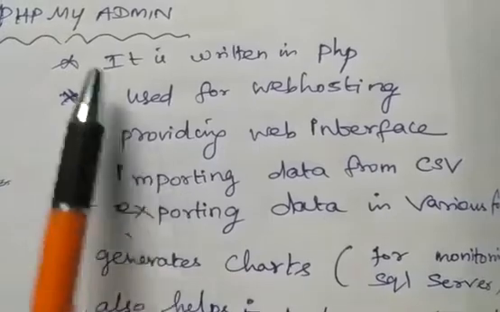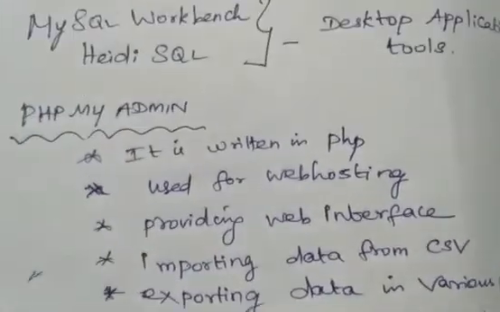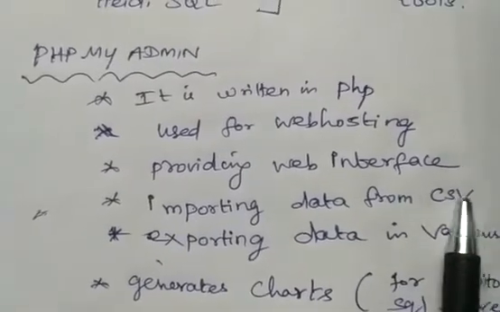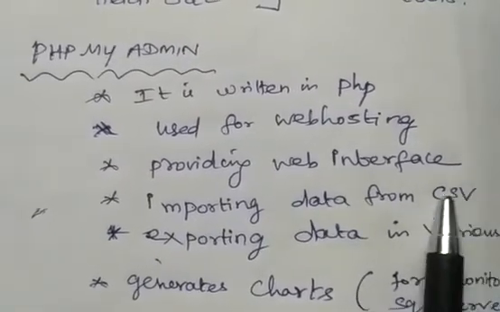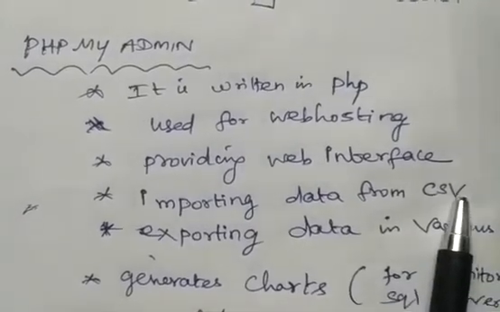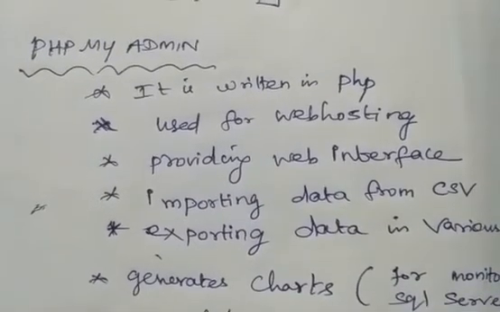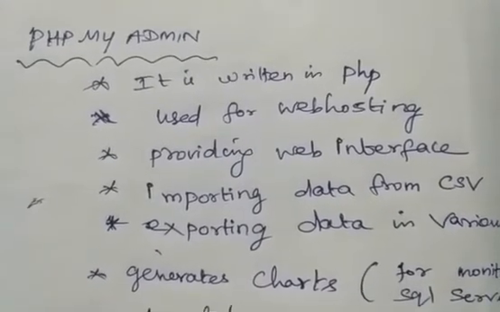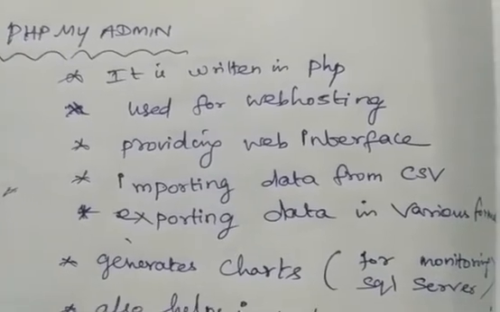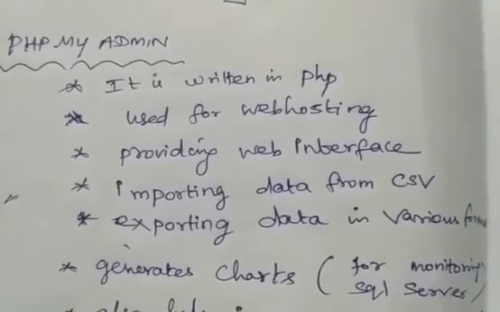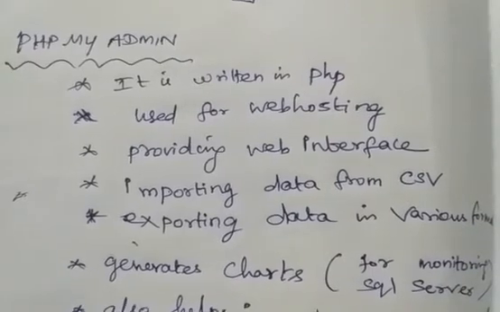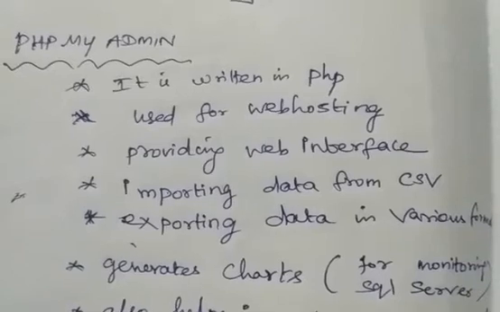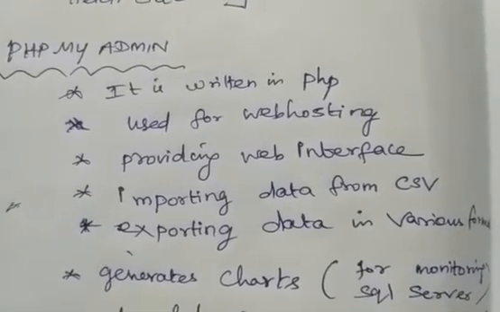This phpMyAdmin app is written in PHP, and it is also used for importing data from CSV. What is CSV? Comma separated values. Last year you studied Calc, where all the data are in row and column format. Do you remember the row heading, and that we can denote a cell by the column name and row value?